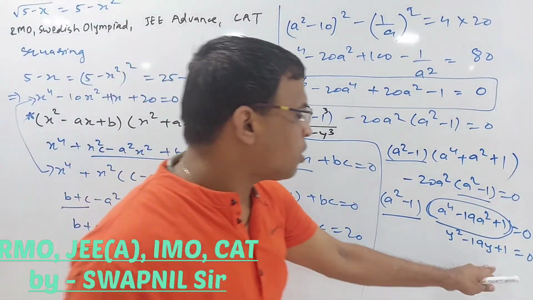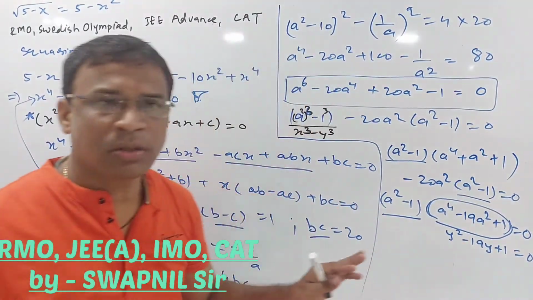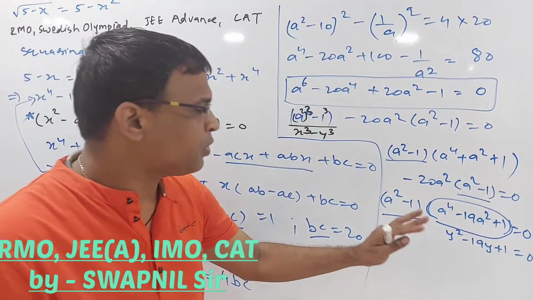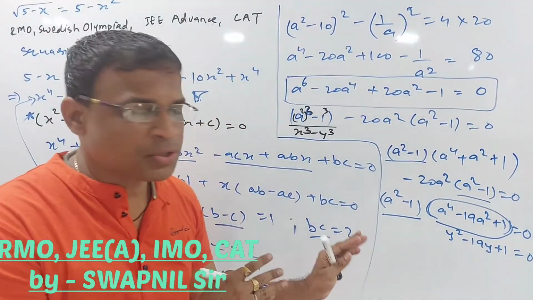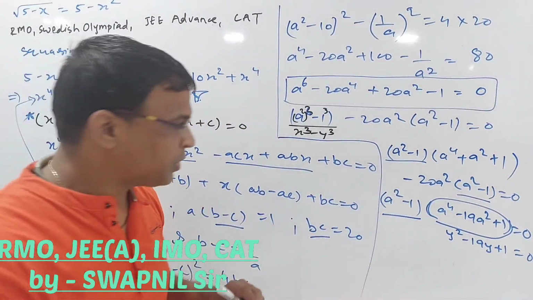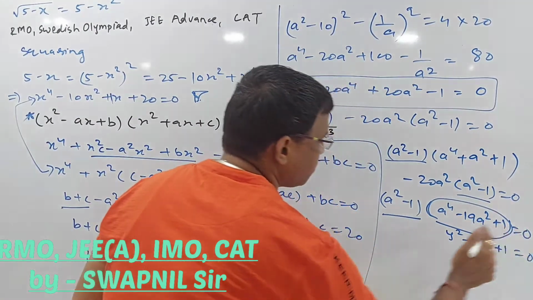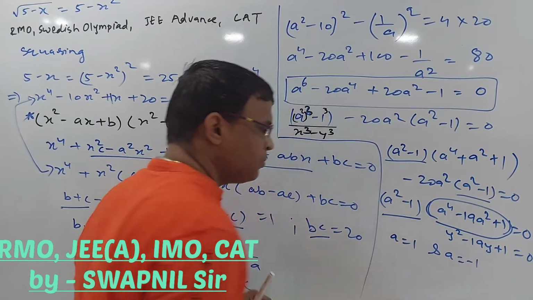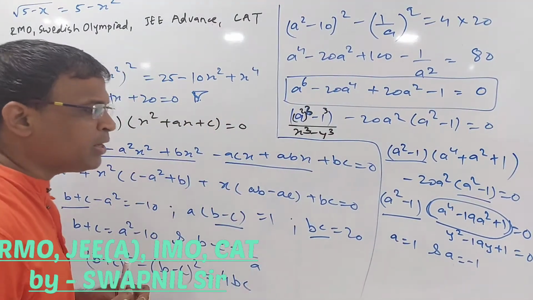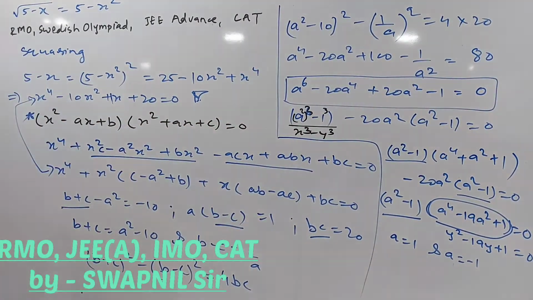When we use the quadratic formula, it will be under root, it will be half. So just for the time being, focus on the real solution, or we can say the integer solution. We are going to get the integer solution from here. So a square minus 1 is 0 gives me a is equal to 1 and a is equal to minus 1. Fine. So I wanted a is equal to 1 and a is equal to minus 1. So I will focus on that one.